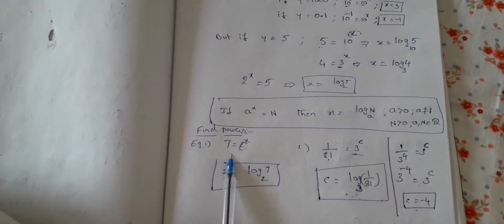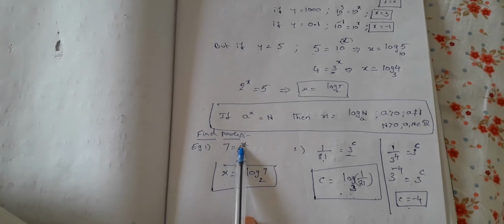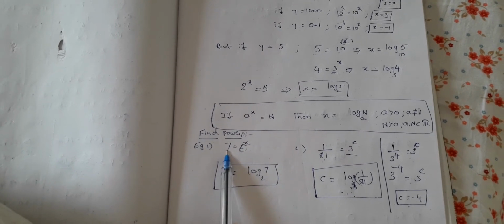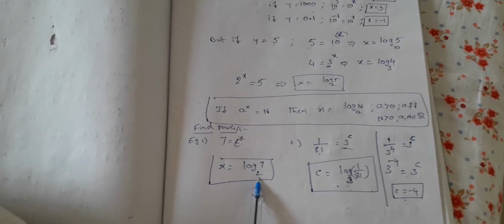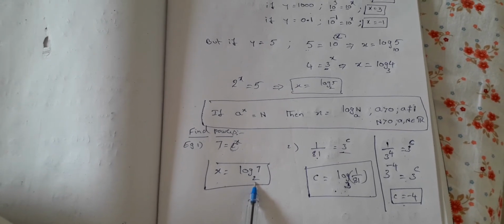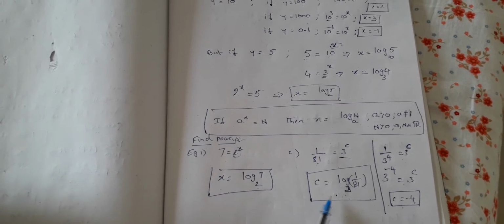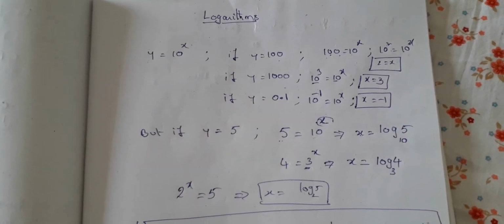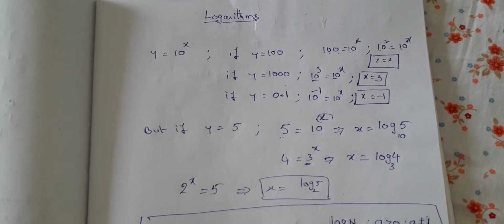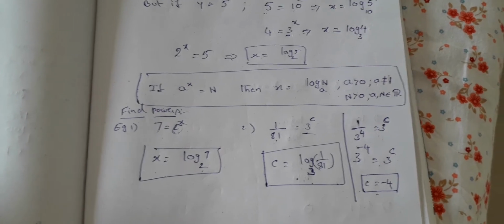But the very easy and simple way of expressing it is, whenever the power is to be determined, power is equal to log of the LHS, and whatever is the base in the exponent form will form the base of the logarithm. Very easy to remember, very easy to solve. Half mark questions will be asked like this. Okay, so pause the video for a moment and copy the notes. Take the screenshot.